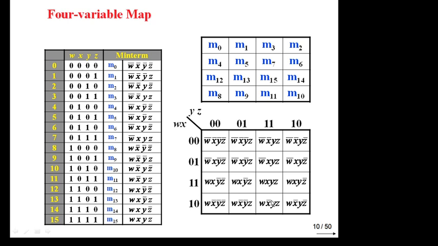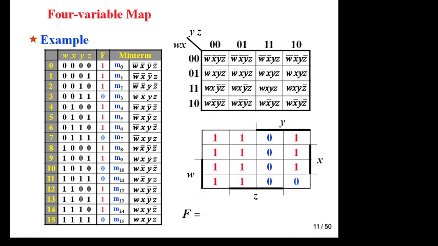So you have to determine this value, how it is coming, this value. In this case, value of wx is 1 0, and this value is 1 0. 1 0 1 0 is nothing, is m10, or you can say 10 min term. Suppose this is your example. There, this is your truth table. This is your min term 1 0 1 2. These, then these two, then these three, and you fill all the min terms in K-map.